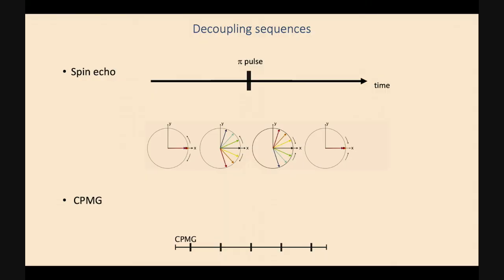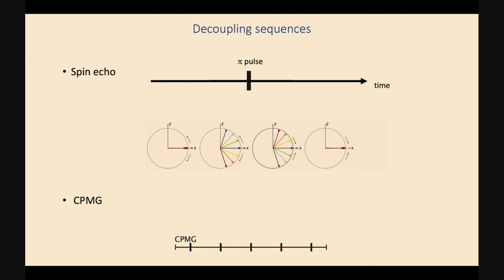If you assume that this is a constant during your experiment, what you can do is a pulse that flips the spin. You can think of this in an ensemble picture where you have a bunch of spins, each seeing a slightly different magnetic field. There's some that see a strong magnetic field and they precess fast, and some that see a weak magnetic field, they precess slow. And then you can do a pi pulse and flip them